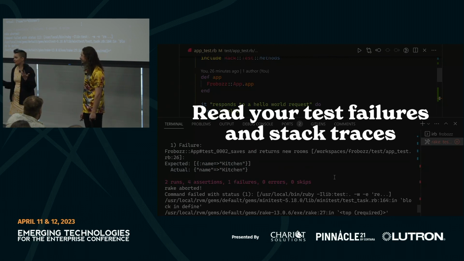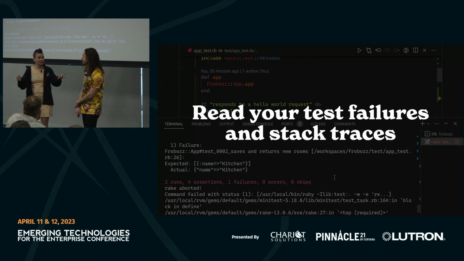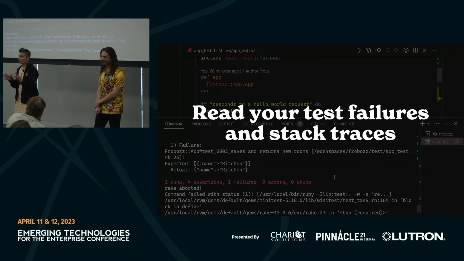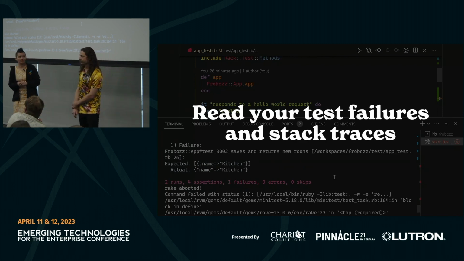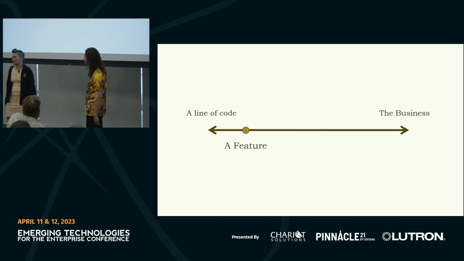So read your error messages. They have a lot more to say, especially these days, like the modern languages, like Elixir and Rust. They consider it, if you get an error and you don't know how to fix it, that's a compiler bug. So error messages are getting better. Keep up with that, make your error messages better, and read what you get. Yeah. I learned that lesson over and over and over again.